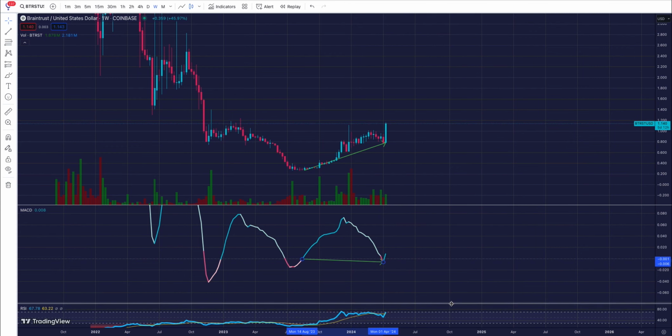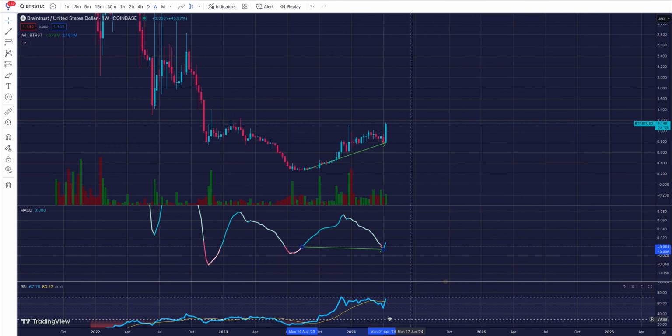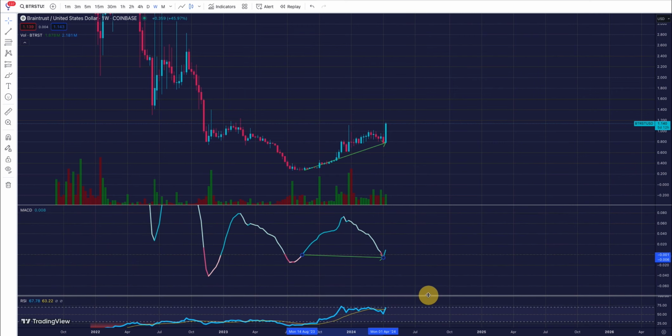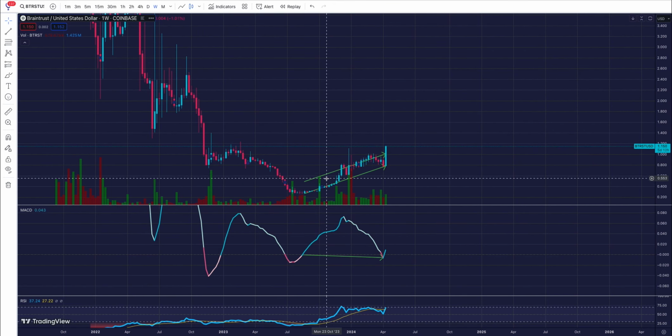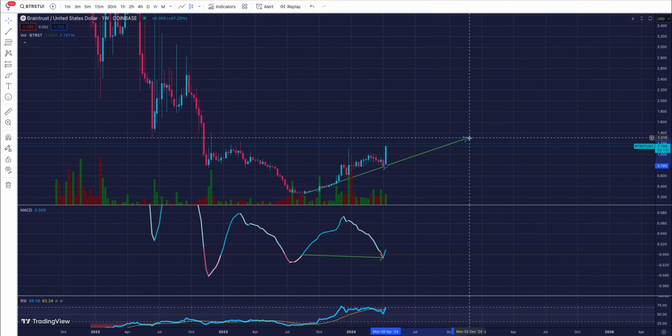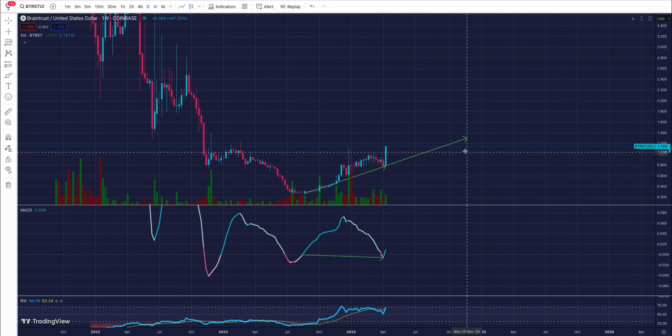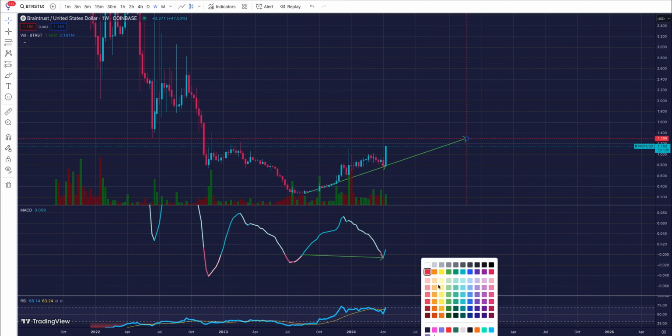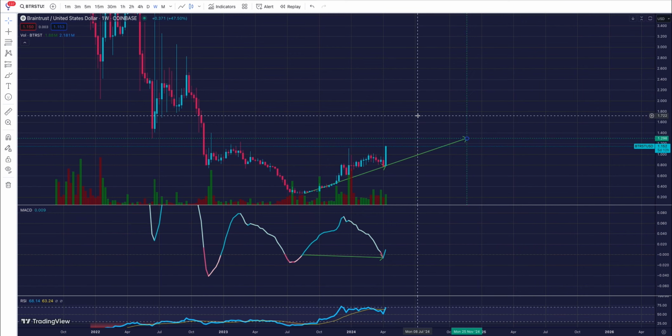We do not have it on the RSI. The RSI doesn't confirm it, but it's fine. No, it does. So if we believe this divergence, then we're not done with moving up in the long term. We talk about long term here. Let's trace it first. Yeah, I'd say bullish, so let's put it green. Okay, I think we're done with